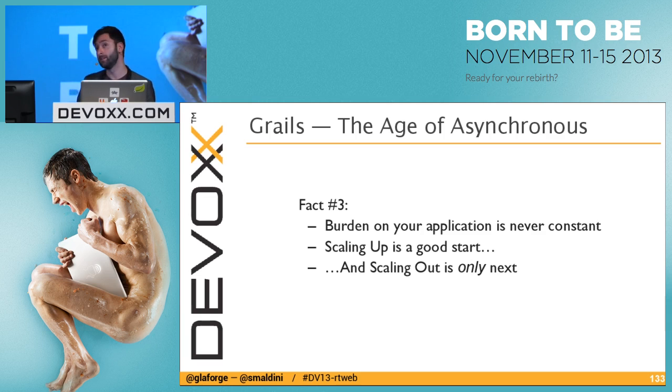But usually, the burden is never constant. So you want to scale, if possible, dynamically. And the first thing you want to scale is the resources. You don't want to use more resources. You will see that it's cheaper on Amazon, for instance, to add more CPU power or more memory, rather than adding a new cluster member on Amazon, at least. After doing the math,